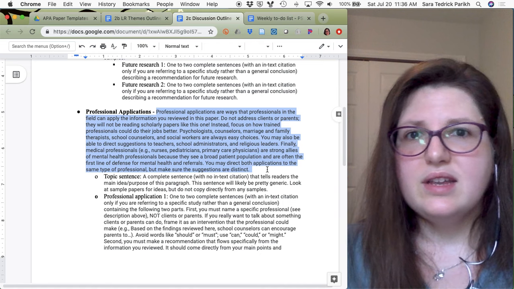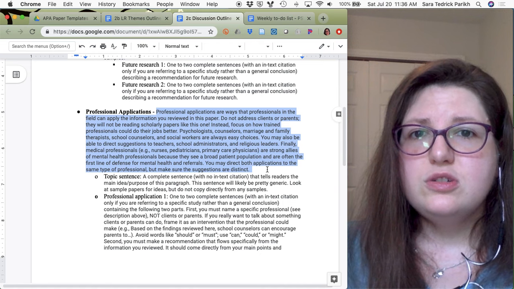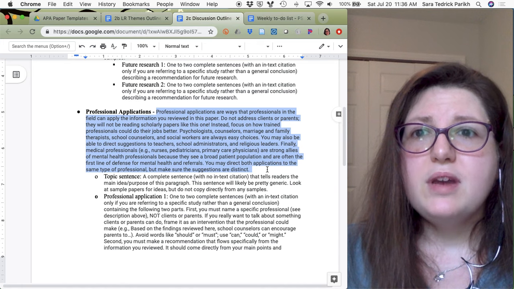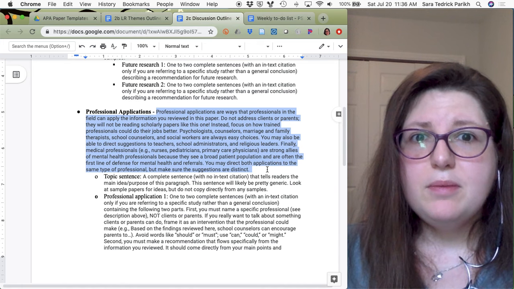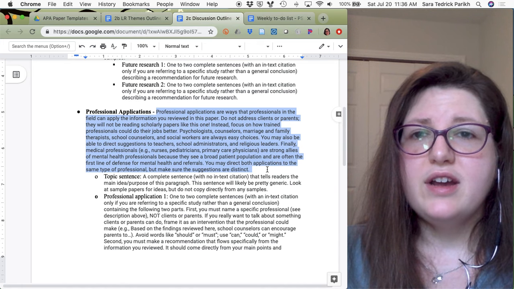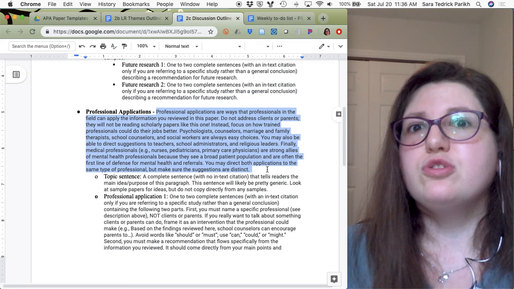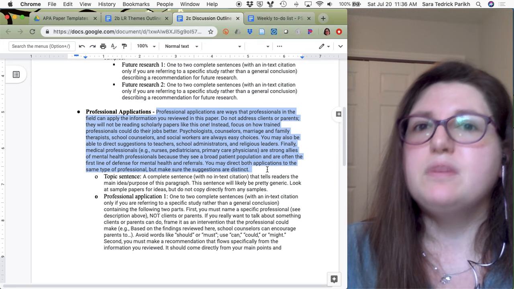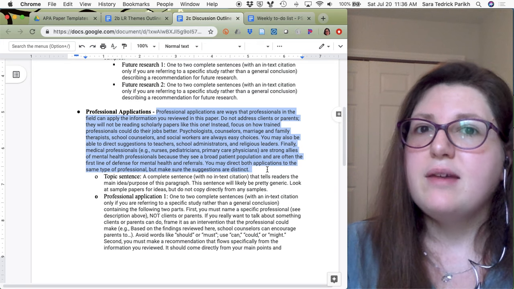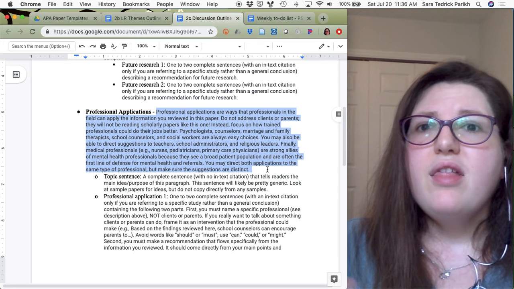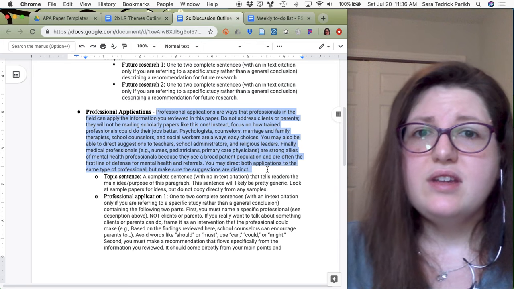Like, that's exactly the same thing, just to a different professional. You might, however, say family therapists can train parents on identifying early symptoms of depression in children who have recently had major medical issues. That's a different thing. That also addresses another issue.